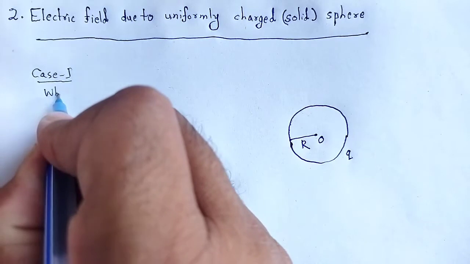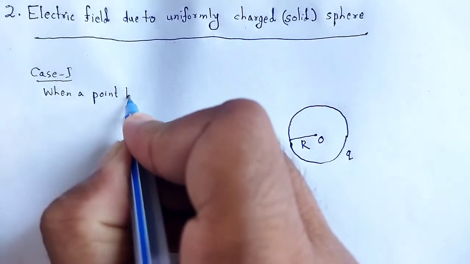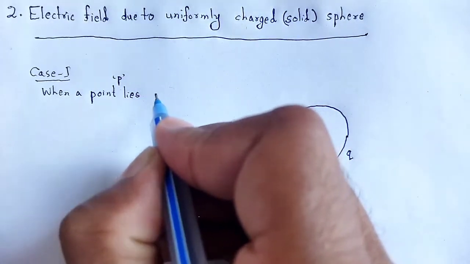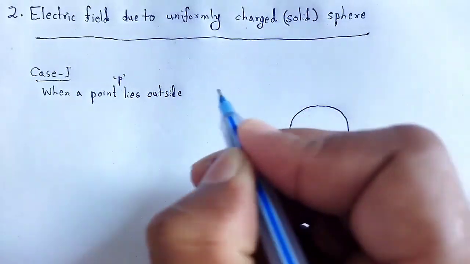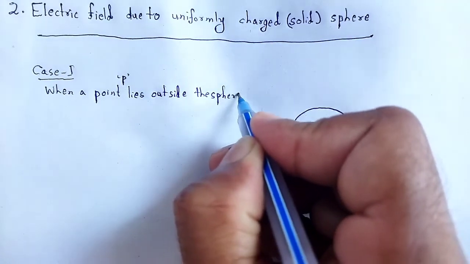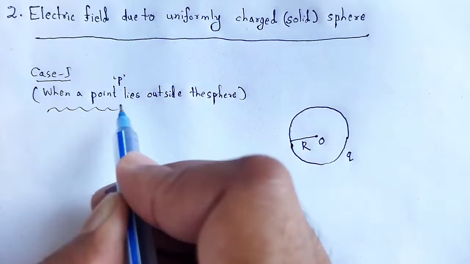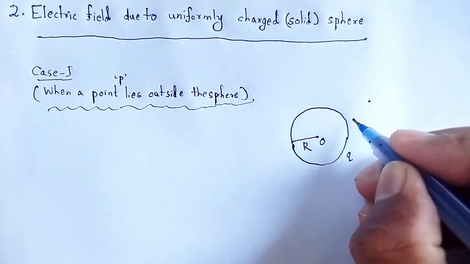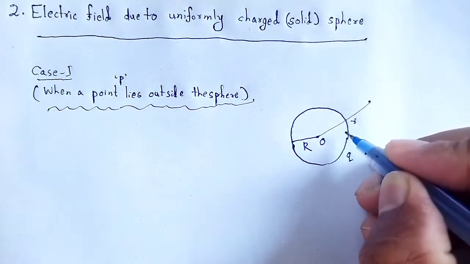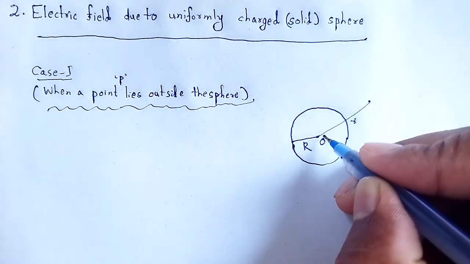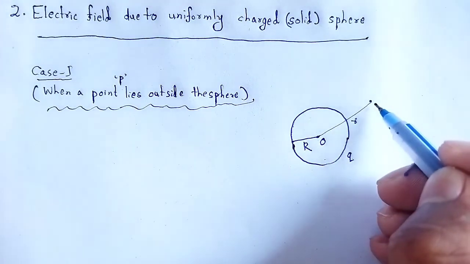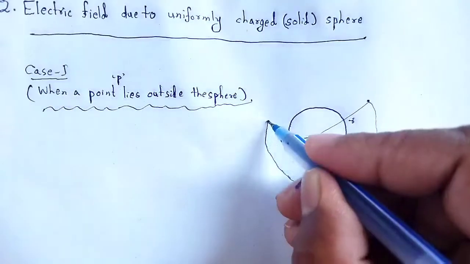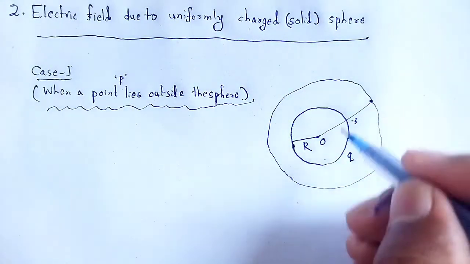when the point P lies outside the sphere, let the point P lie at a distance small r from the center O, outside that charged sphere, and draw a sphere of radius r and center O, which is treated as a Gaussian surface,